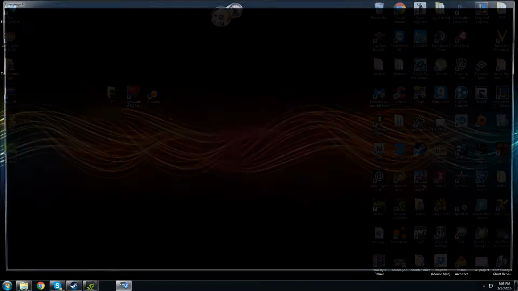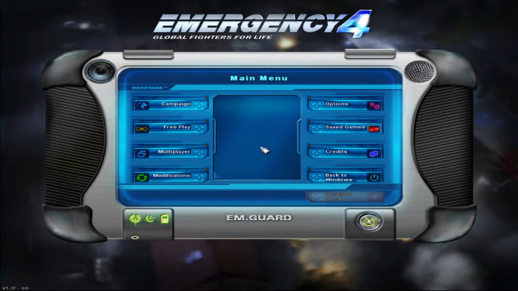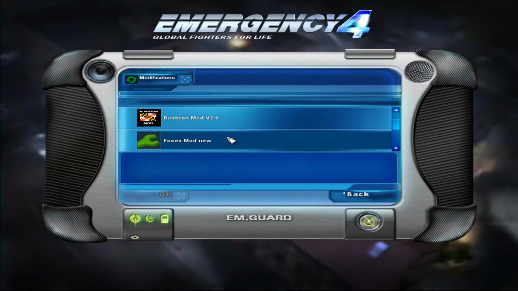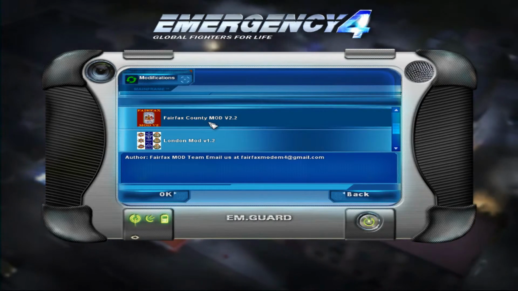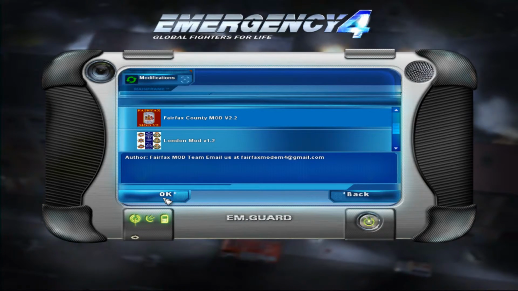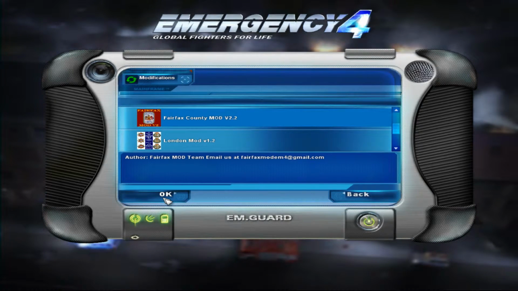So what you're going to do now is just go ahead and open up your Emergency 4. Then to access it, you've got to go into this and look for the Fairfax County mod. So then you just go ahead and hit OK, and then no matter what mod you download,